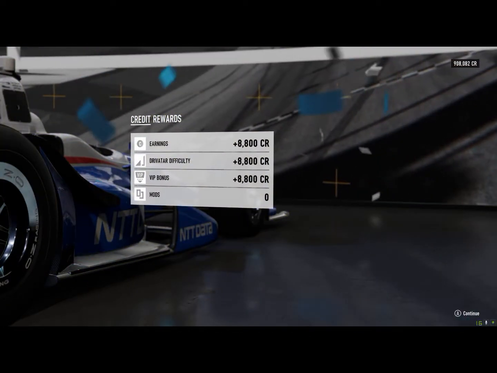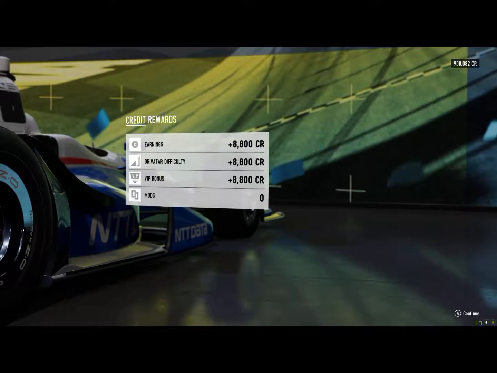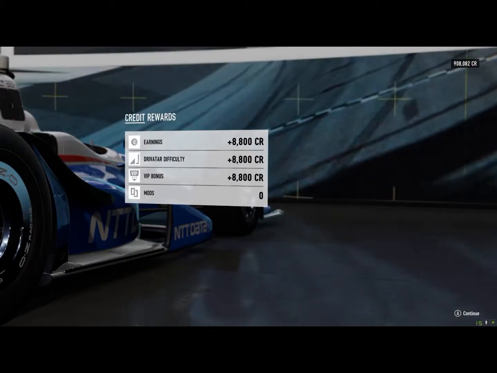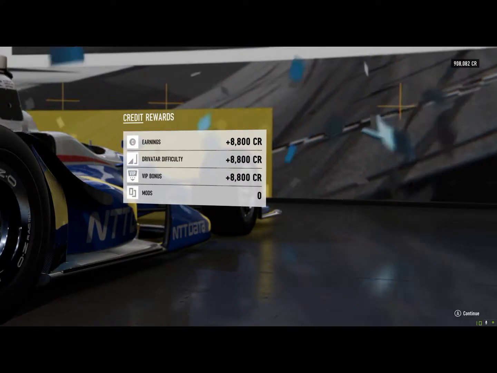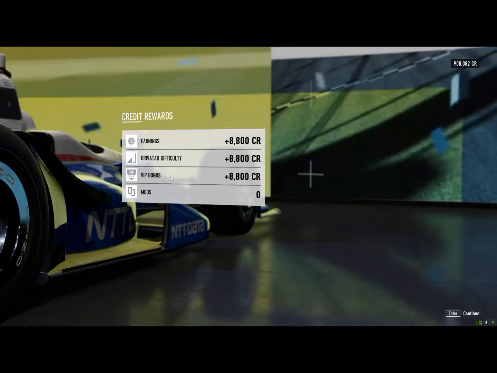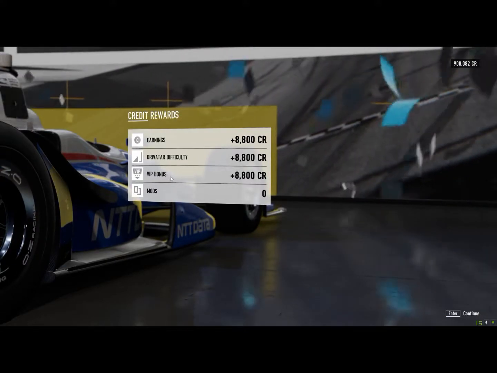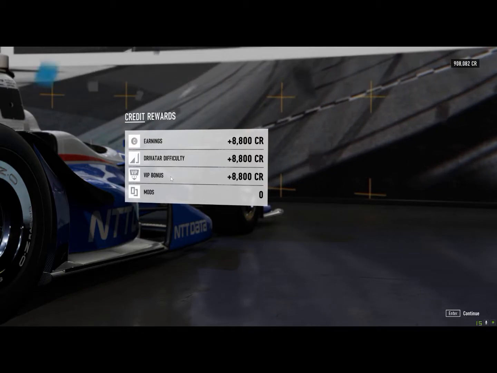8,800 credits for 5 laps, and 8,800 added to that for the 100% Drivatar difficulty boost. That comes out to 17,600. Again, I'm ignoring the VIP bonus because it's irrelevant to some of the viewers. Now, this is actually relatively interesting to me because the difference is actually similar. They're both around 3 and some change more for having the Drivatars, and the difficulty of said Drivatars cranked all